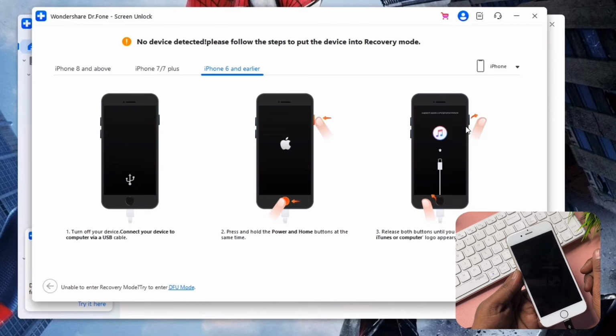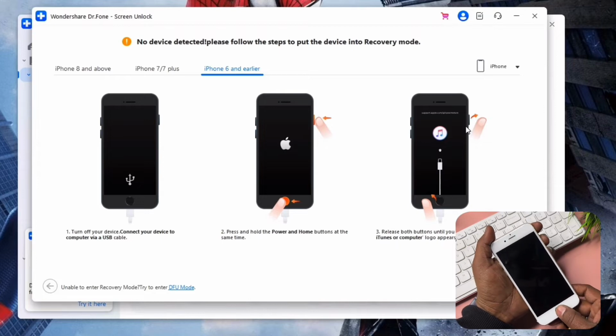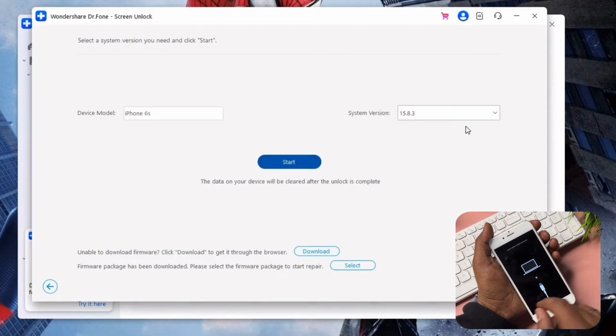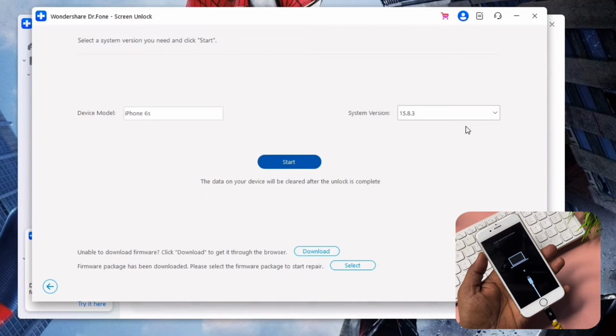When your smartphone is switched off, you have to press the power button plus home button at the same time. Press and hold, don't release until the recovery option comes on your mobile screen. So press and hold, wait for a few seconds, and got it my friend. You can see here the recovery option comes on your mobile screen, and on the application you can see